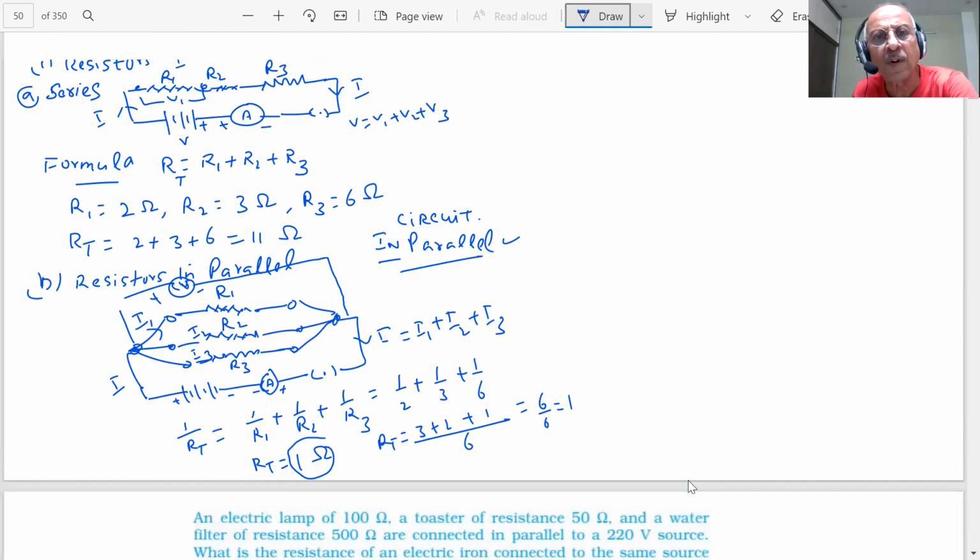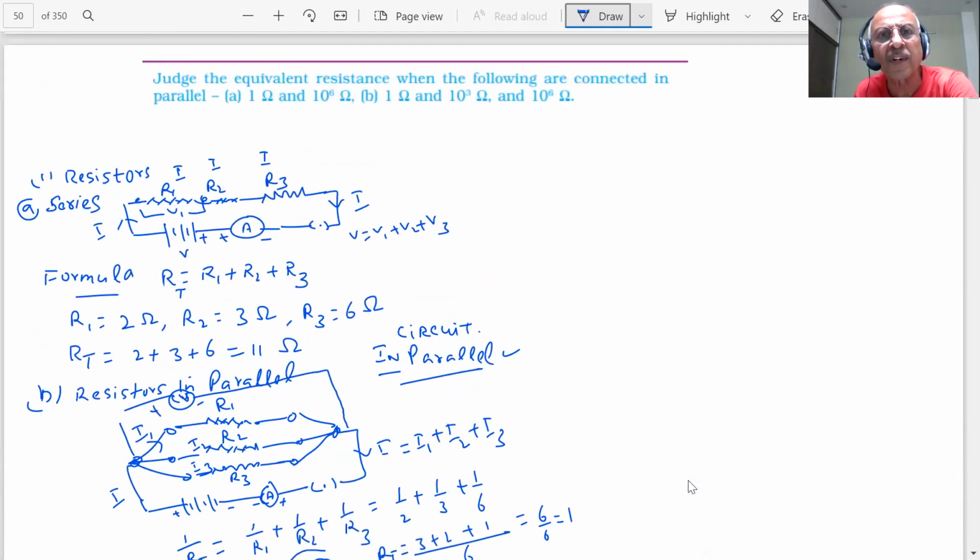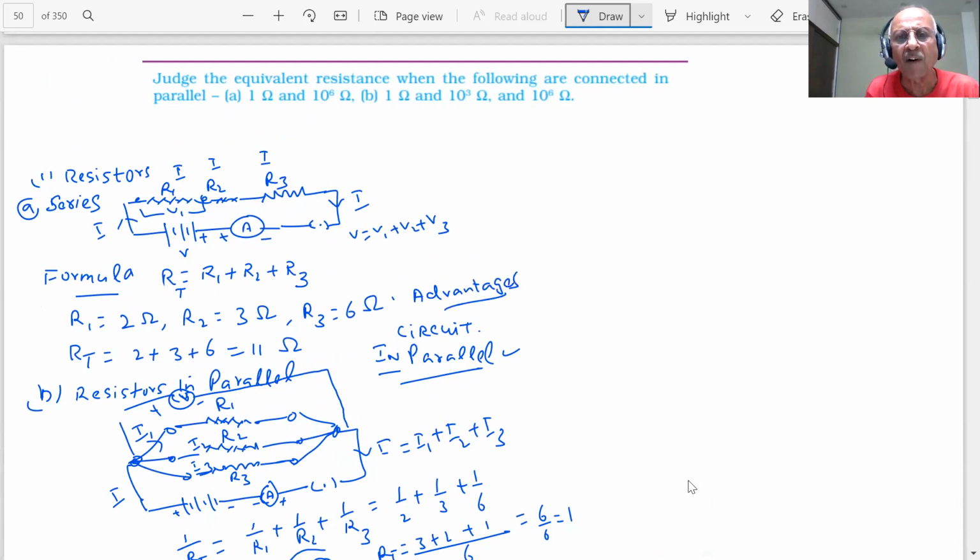What are the two advantages? This is an important question, students, which has been asked many times repeatedly in the CBSE 10th exam. Can you tell me what the advantages are? The question is, what are the advantages of a circuit in parallel over a circuit in series? What answer are you giving, student? You have 1 minute to answer the question. Important question for the paper, asked so many times.